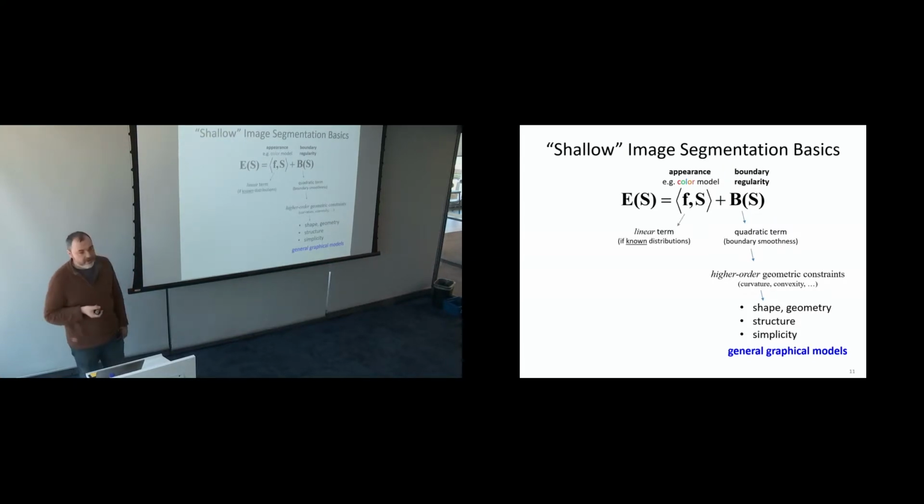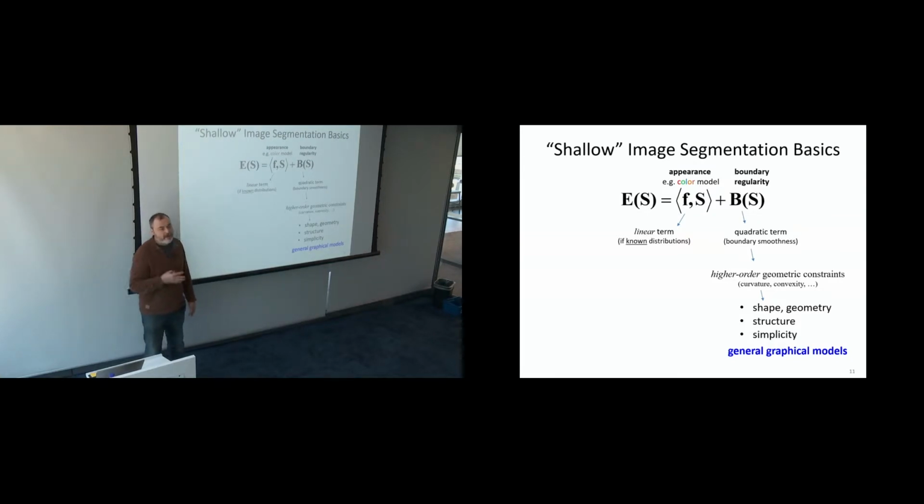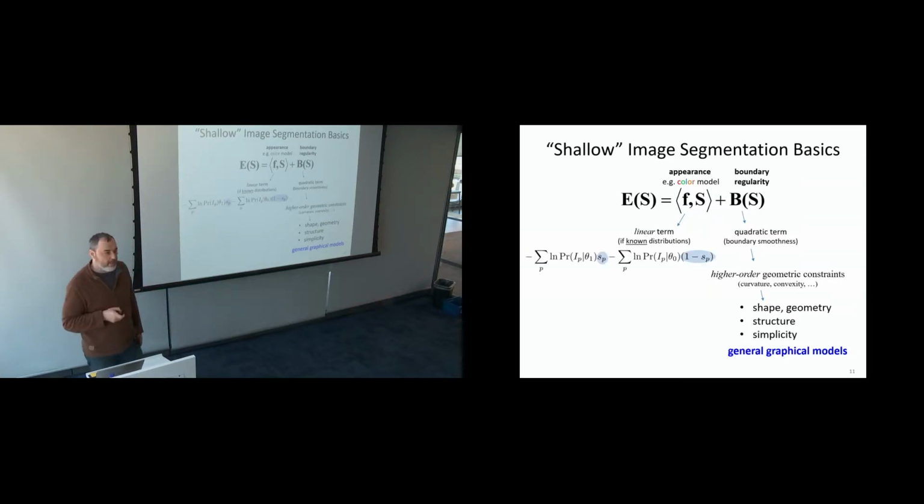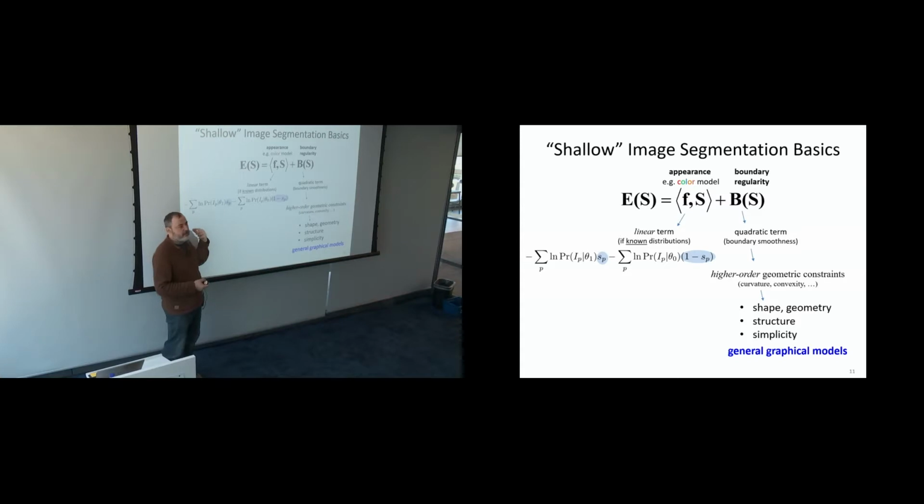Let's look a little bit more at the appearance model. In the way I formulated it, if you have the known color models, then this is just a linear objective. But I'd like to massage it a little bit to get to my next point. All I did in this linear thing you saw in the previous slide was turn the log of the ratio of two likelihoods into the difference between two likelihoods. That's all I did. I plugged it back in there, and then you see this is that difference. But I added the constant.